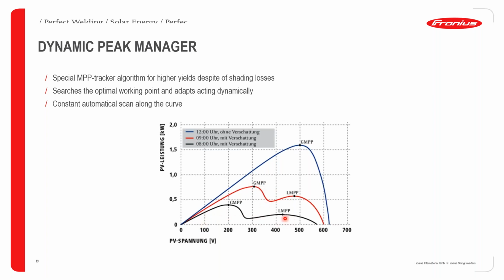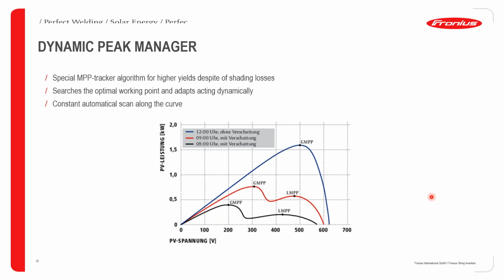Then looking at the black curve, we can see is complete shading. So with complete shading, if you install an inverter without an optimizer, it will give you the local maximum power points. However, if you install an inverter such as Fronius with an optimizer, it will give you the global maximum power points. And I'd also just like to add, whenever you purchase a Fronius inverter, you're already purchasing the integrated